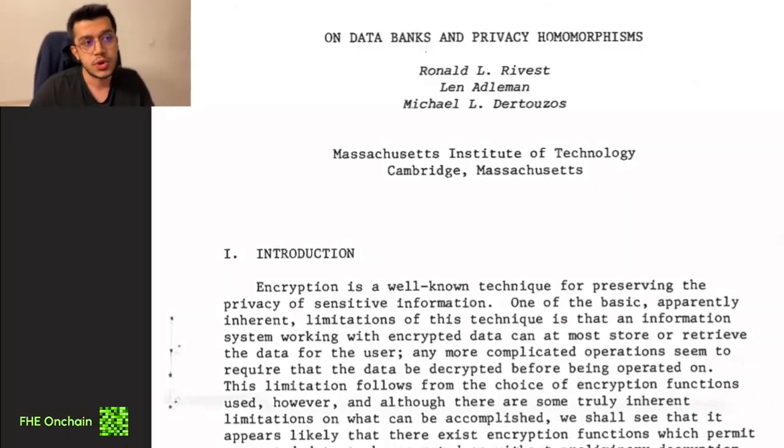So the question is, what if we could perform computations on encrypted data without needing decrypting it? Even today, it sounds futuristic in terms of practicality, but back then in 1978, it was super futuristic. But as you see here, this idea was proposed like 48 years ago. And in this video, we will walk through this paper.